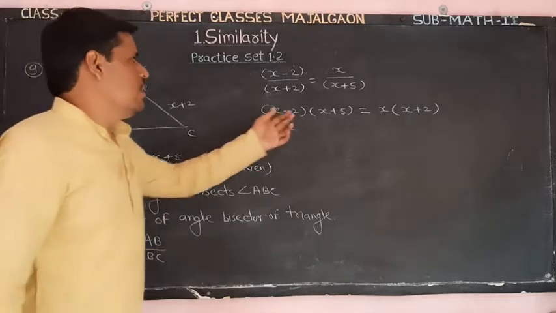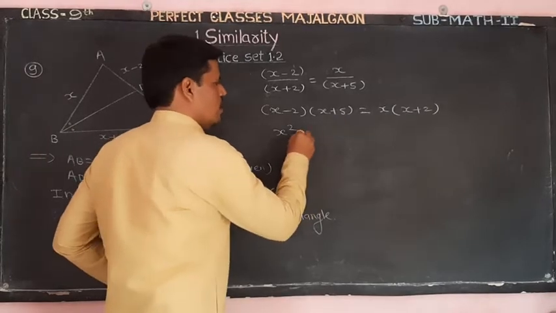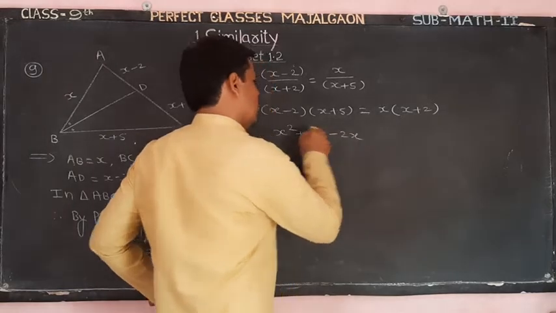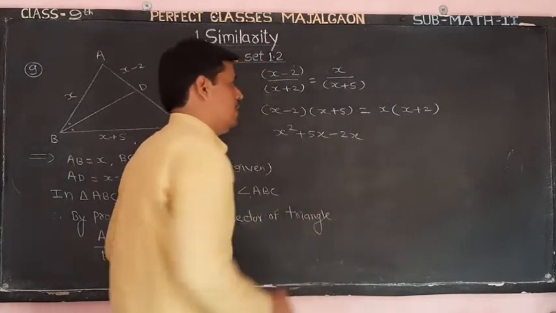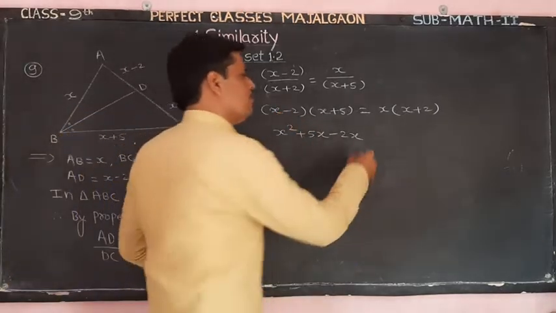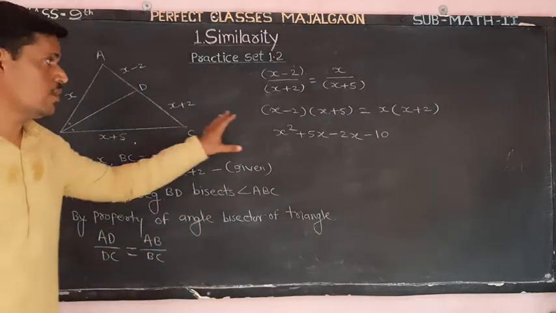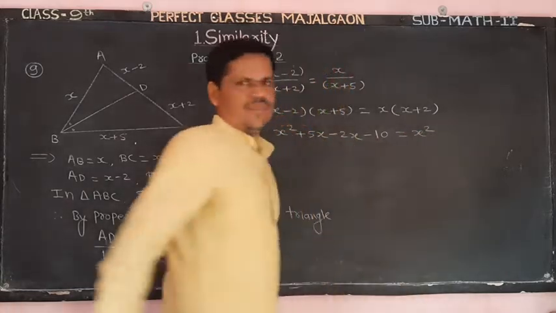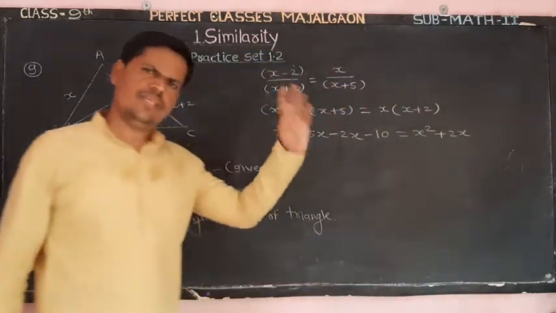Here I write x square. Now multiply x to the 5. Therefore we get 5x, minus 2 into x, yes, minus 2x. We all know the product of these two: when signs are different, the product is negative. Therefore negative, positive, negative; 2 fives are 10. We get the product of these two brackets. Then here, x into x, x square, x into 2, 2x. Here we write the product of these two also.